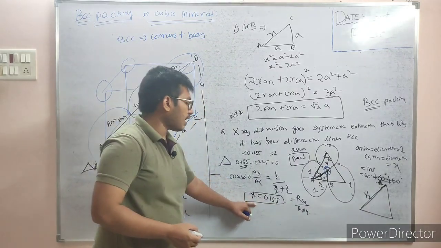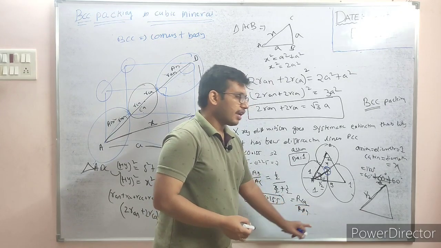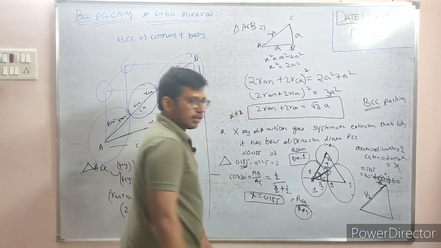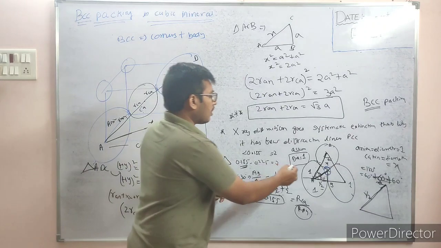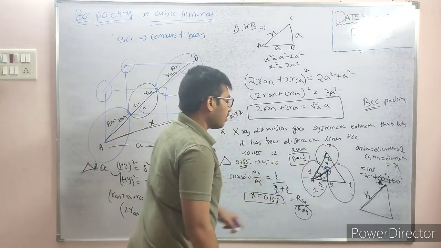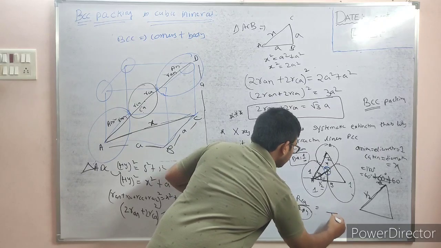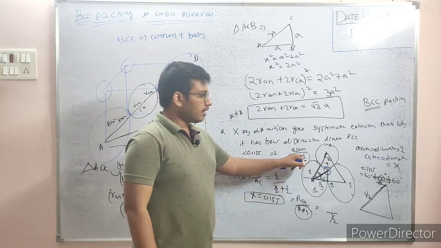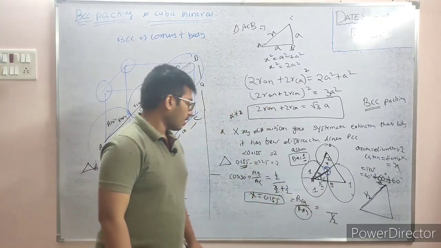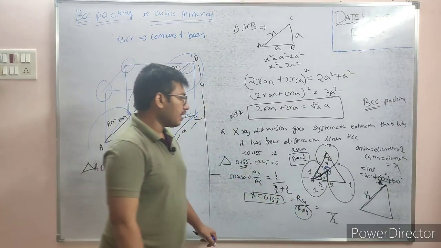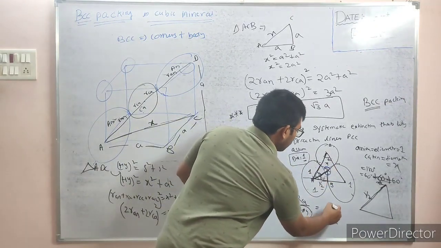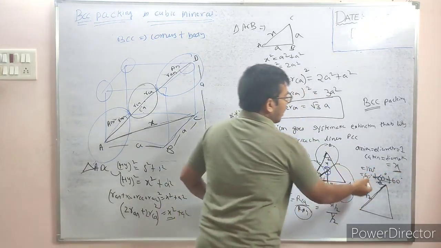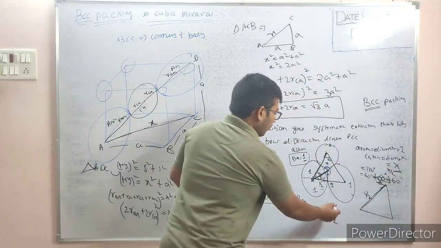And if you have the doubt of how this x is equal to the radius of cation upon radius of anion: the diameter of the anion is 1, so the radius of the anion will be 1 by 2. Now the radius of the cation will be x by 2 because the whole diameter is x. The cation diameter is x and the radius of the cation will be x by 2. So you will put x by 2.